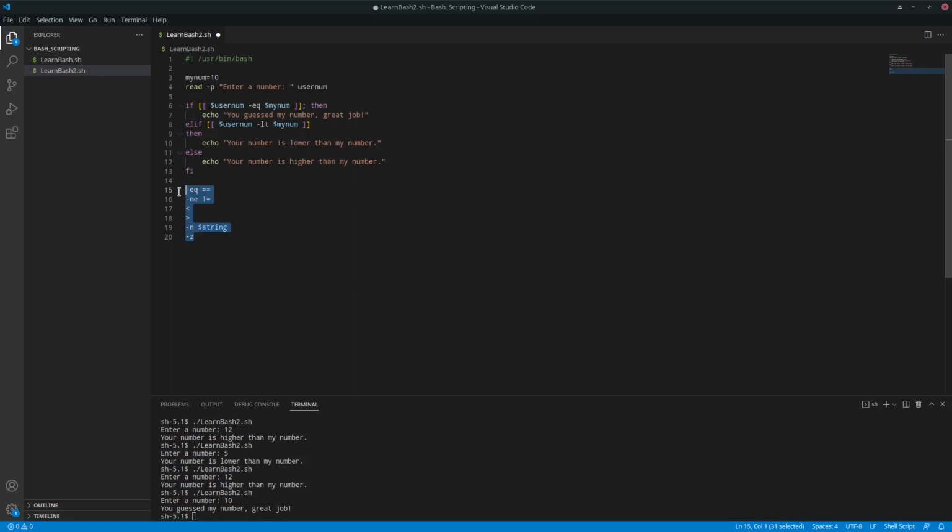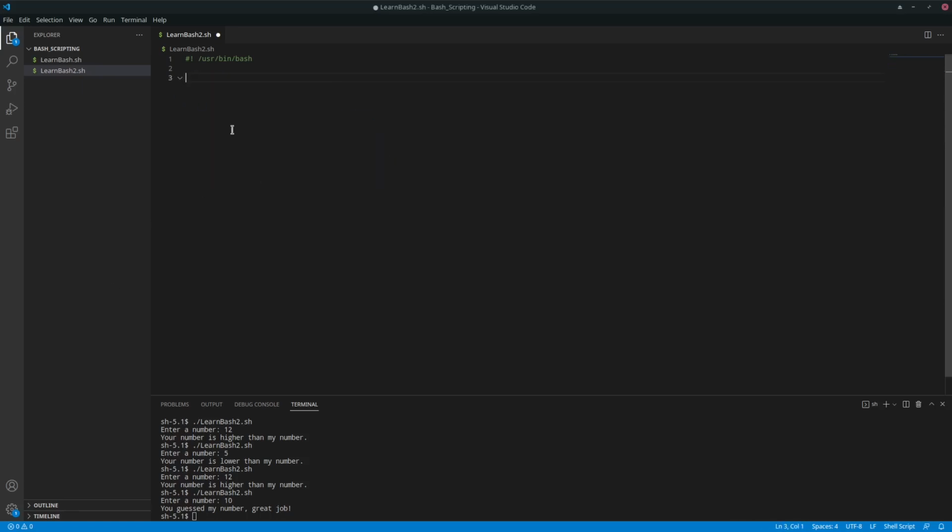Now, it can get more complex. You can chain multiple conditionals together using and or, for example, which is very common in other languages. And let me show you an example of what that would look like. So basically, this code here is defining a lower level and an upper level. And we're asking the user to enter a number,